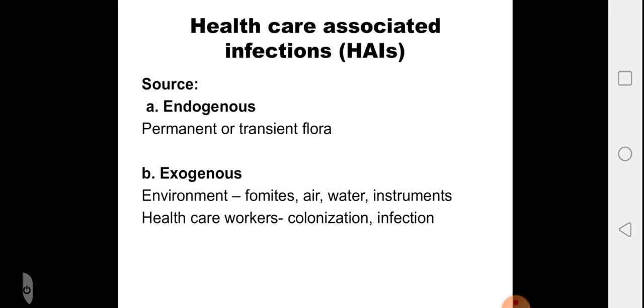Next, the exogenous source is the external source: the environment of the hospital, the fomites, the instruments, the air, the water are the source of infection, and healthcare workers as such, when they are treating the patient, they might be colonized with the microbes from the patient, like methicillin resistant Staph aureus might colonize their nostrils, and this can be transmitted to other patients. Okay,